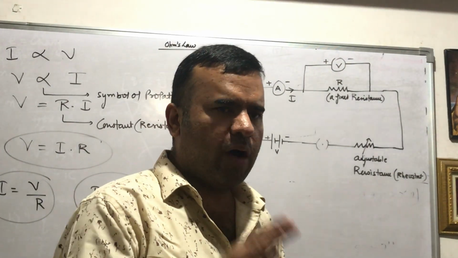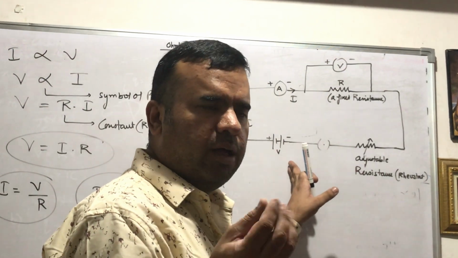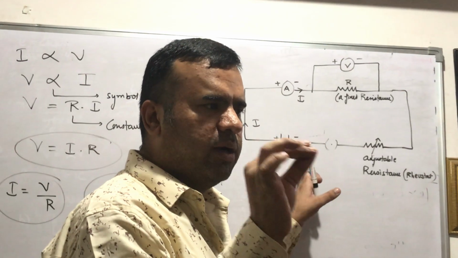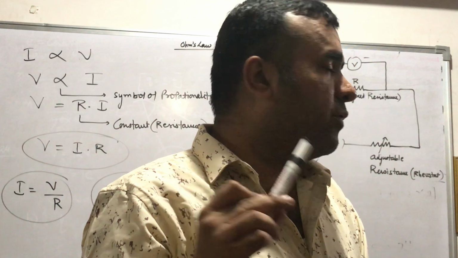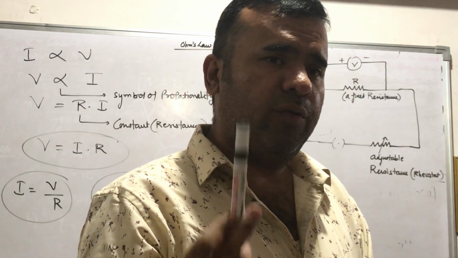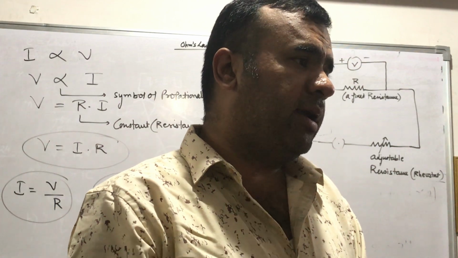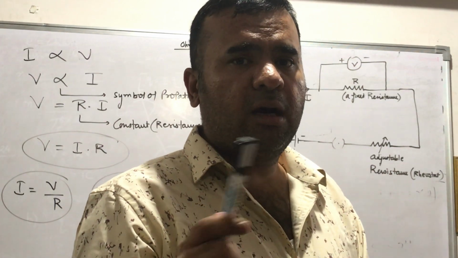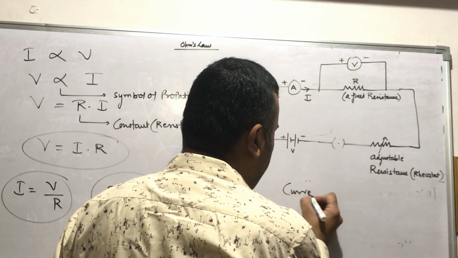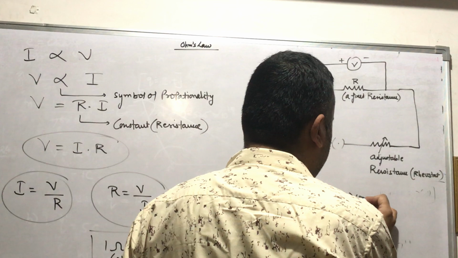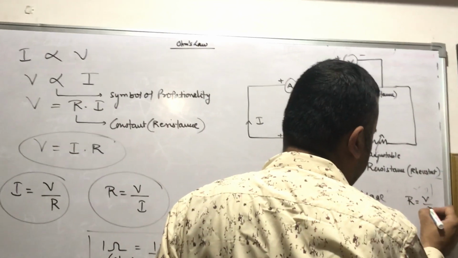Now, you have to move the pointer. There are various pointers in the battery, 8 volt, 10 volt, 12 volt. You can connect it accordingly. We have to find out the value of this resistance. What we will do is take different readings of voltage from the voltmeter and current from the ammeter. And you will make a simple table as I am showing here: reading of current, then voltage, then resistance you will get.